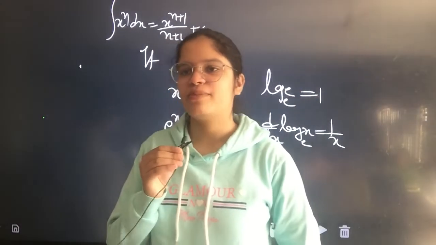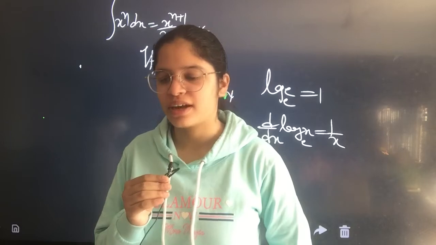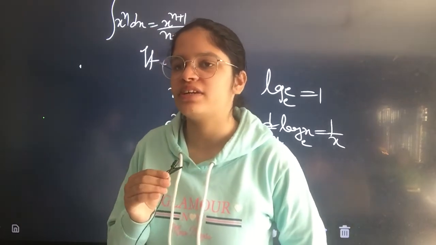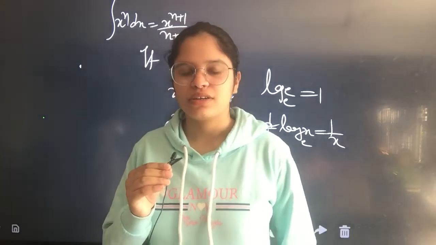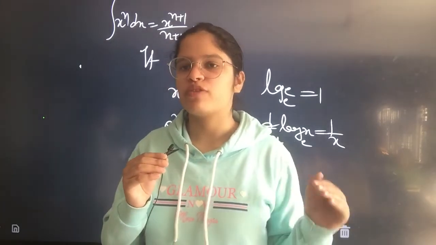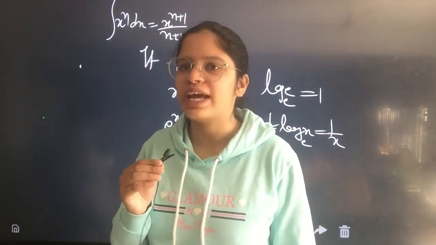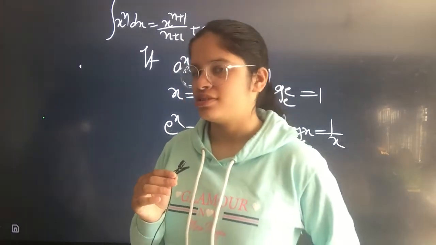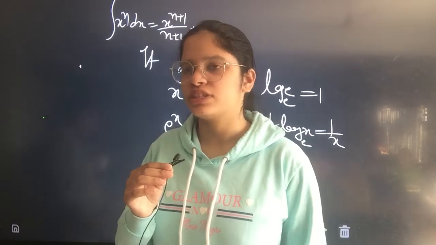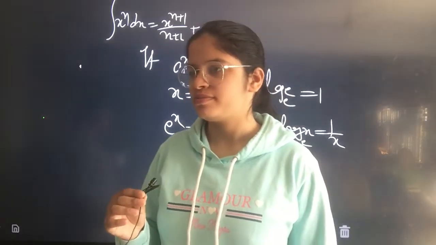Hi everyone, my name is Simran Chopra, and current is not a vector quantity because we don't do the vector addition of current. Like if two currents are coming from opposite directions, we don't subtract them, we add them. So that's why it's not a vector quantity, it's a tensor quantity. Not even scalar, it's a tensor quantity because it also has direction. Simran Chopra, what is tensor?